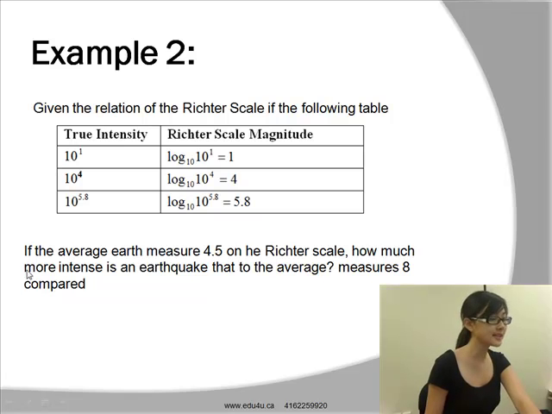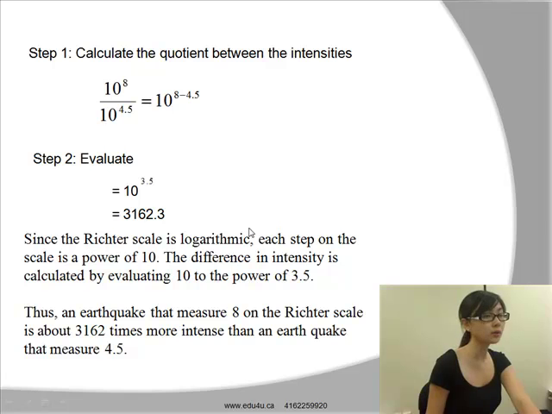If the average earthquake measures 4.5 on the Richter scale, how much more intense is an earthquake that measures 8 compared to the average? So first we have to calculate the quotient between the intensities. So we have 10 to the power of 8 and 10 to the power of 4.5, that's the average. We know that's equal to 10 to the power of 8 minus 4.5, that's going to be 10 to the power of 3.5. Next we evaluate using a calculator, and that's going to give us